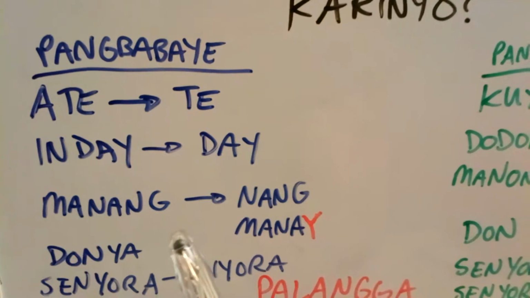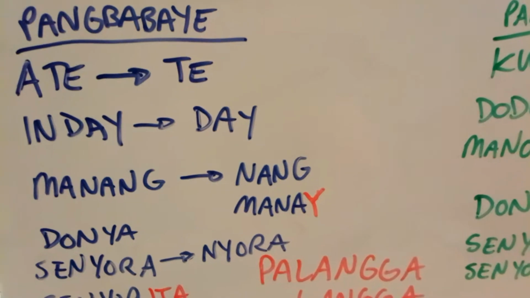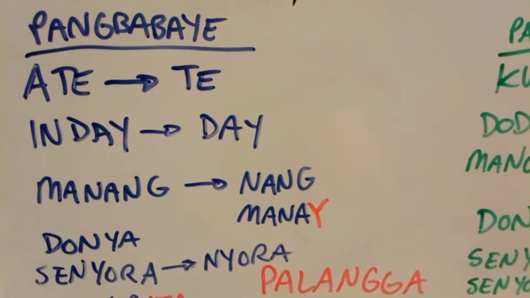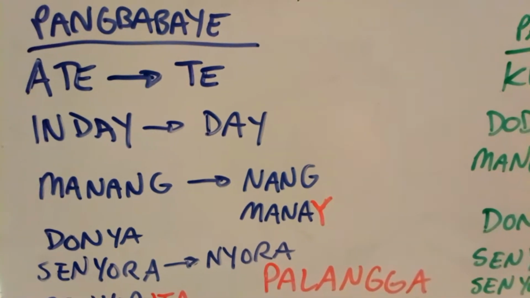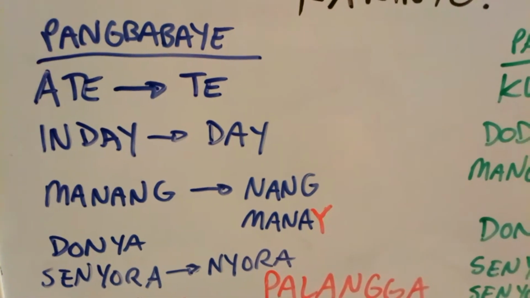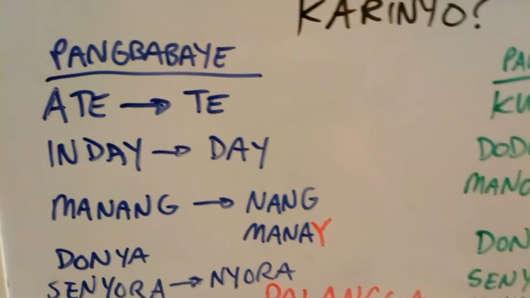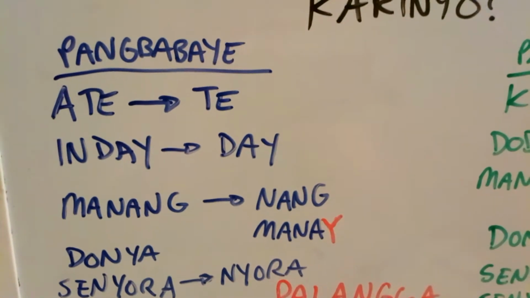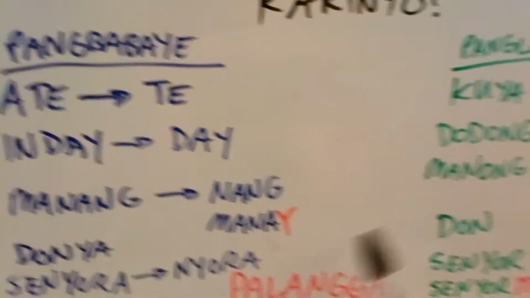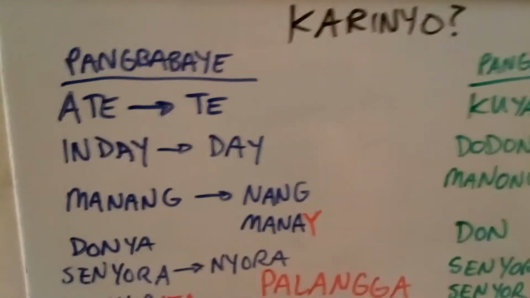And look, we can even make a diminutive of this, manay. So let's say you look at a lady walking down the street and you want to get her attention, but she looks a lot shorter than you and more frail, more wrinkly and old. Not really a grandmother, but close to a grandmother, somewhere around that kind of age. You can call her manay, because obviously you're a lot bigger than her, and you're using a diminutive to indicate that she's a lot smaller. Similarly for the males, we have manoy for manong, and then the shorter form is nong.